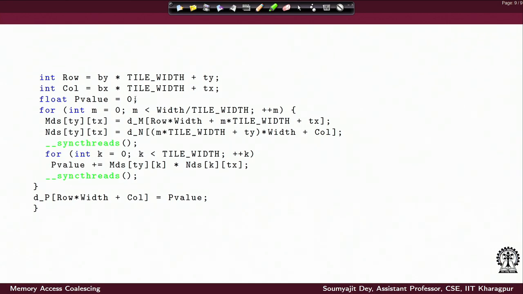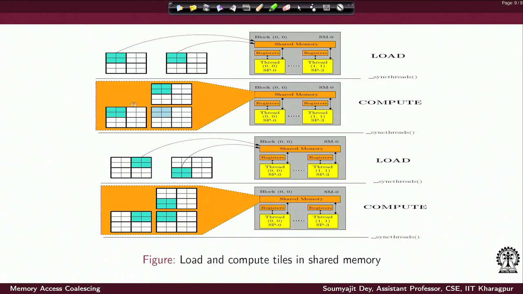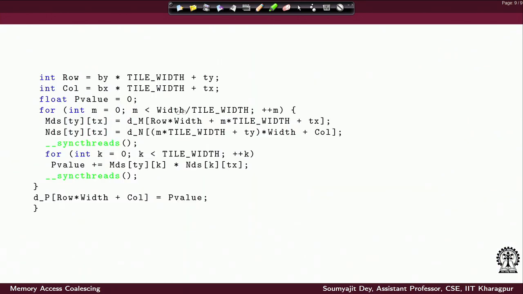So as we have discussed, all the threads who are working on this output tile are going to bring data collaboratively from two of the input tiles, let us say this one and this one, or if we look at the simplistic picture, from this tile and this tile. First of all, they would figure out which locations of the input tiles they are going to access. For that, they simply use these row column indices, and using them they would compute the corresponding location in the original input matrix.